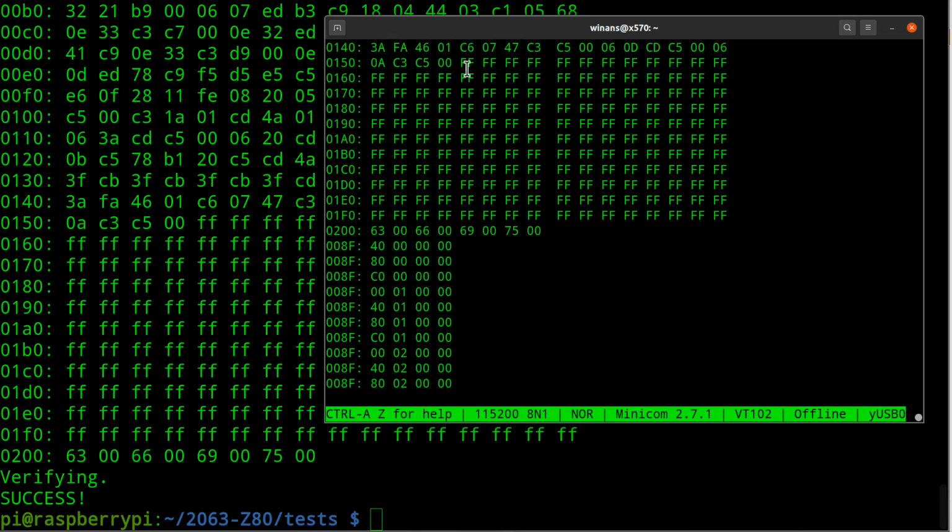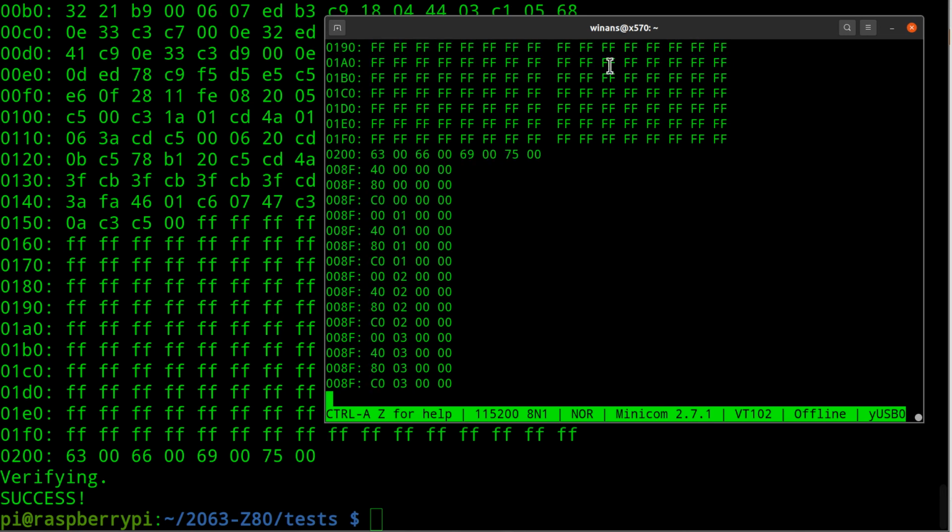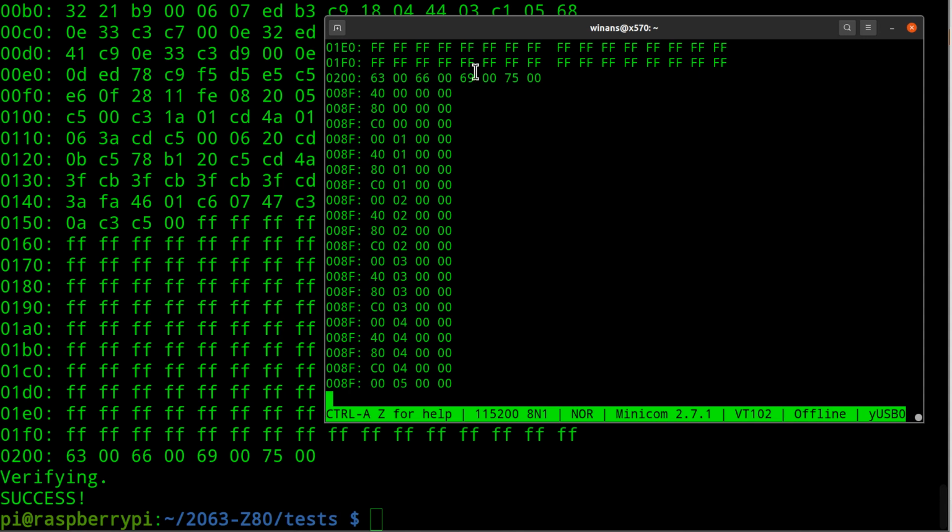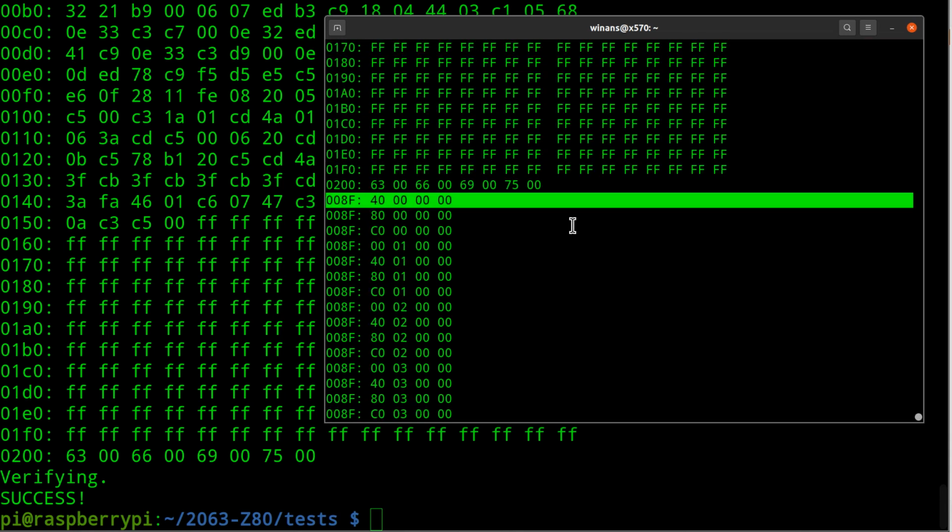A couple of things. We just saw a hex dump spew out. We see all these FFs in here. That's the padding. This right there. Let me see if I can stop this. Okay. By the way, if you're in Minicom and you hit Control A,